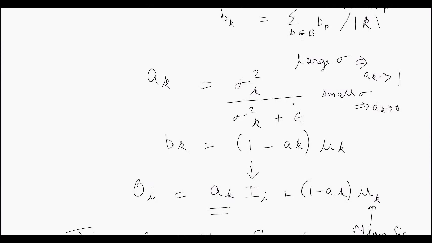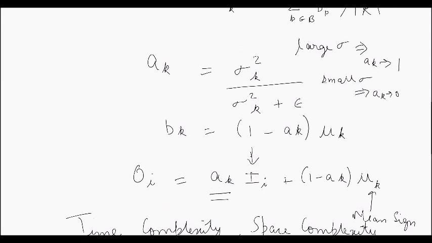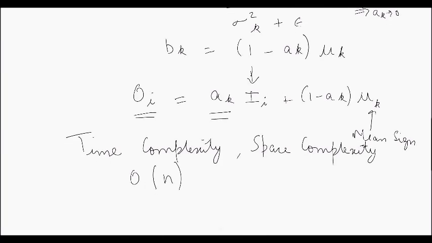While the function that we eventually came up with for deciding how much denoising will happen is sigma square upon sigma square plus epsilon, we can always use the variance with some sort of a different function to decide how much denoising, how much blurring we are going to do at a particular point. Now let's take a look at the space and time complexity.